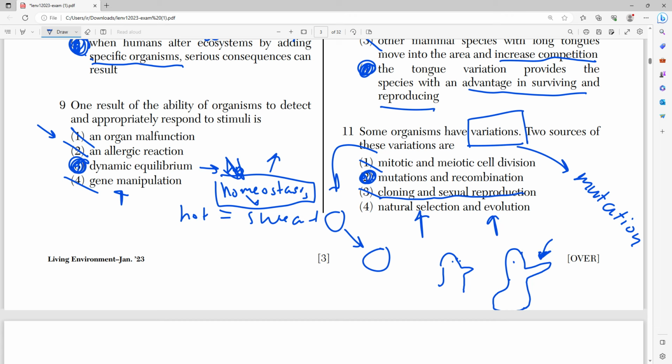This longer beak, it wasn't caused by evolution. It wasn't caused by natural selection. It was caused because there was a mutation in the gene that affects length of beak size, right? Now, because this guy has a longer beak, it helps him survive. He can spread that long beak to other birds until the entire species of birds have long beaks. That would be natural selection. That would be evolution. But this guy acquiring that variation on its own naturally came from mutation, and it came from a recombination of his genes.